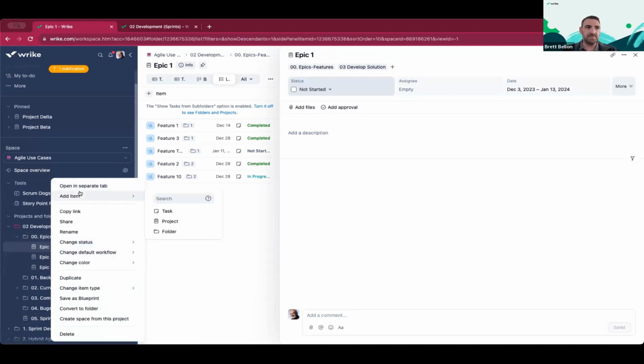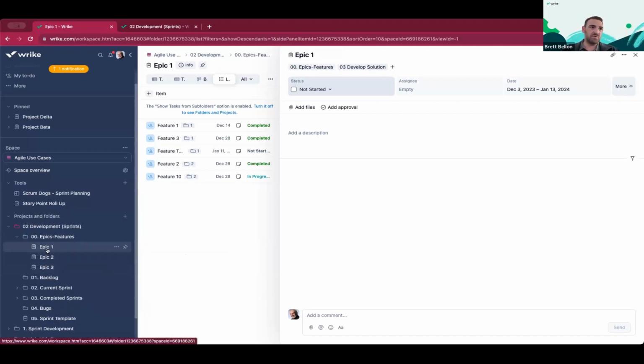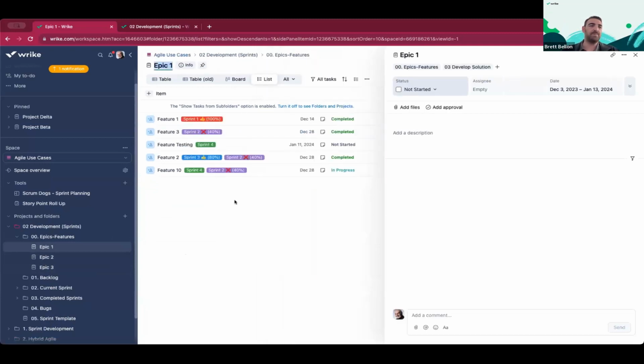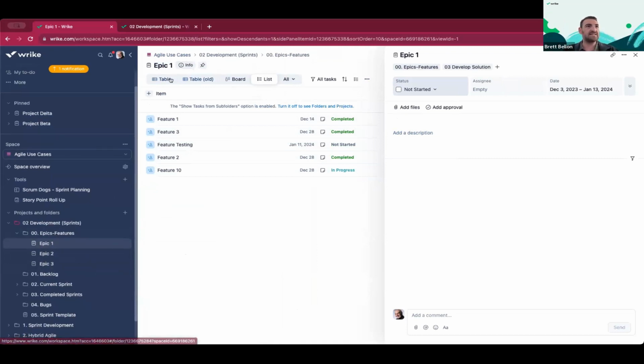We have variations. Sometimes we add sub items in there for development and testing if you wanted to break things down by different folders. Sometimes we have features over here, stories over here, etc. Sometimes we have bugs included, as I mentioned earlier. But the general idea is saying we are building this epic one. We are building this thing here. Again, could be a feature, could be a story, etc. But we are building this thing, and everything that needs to get built as part of that feature, or as part of that epic in this case,